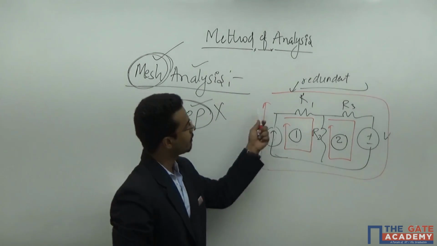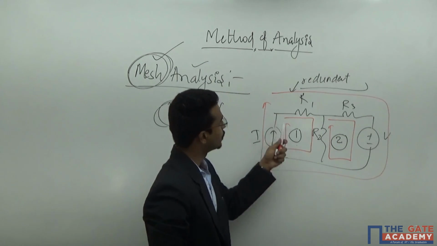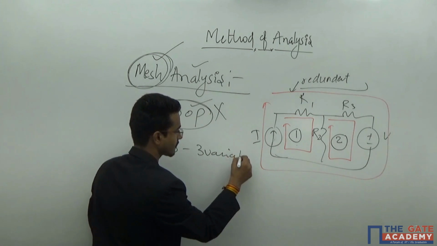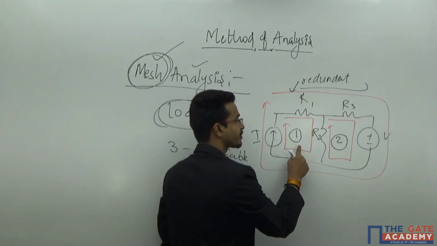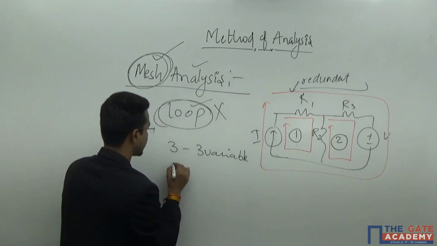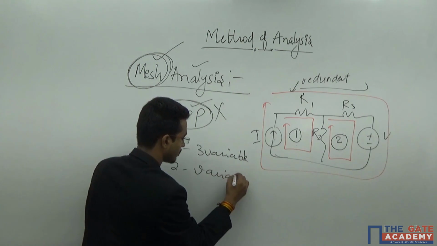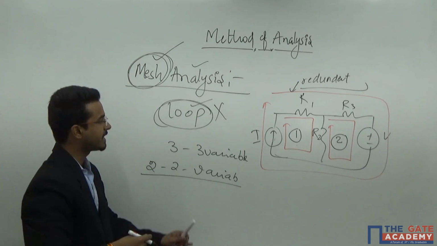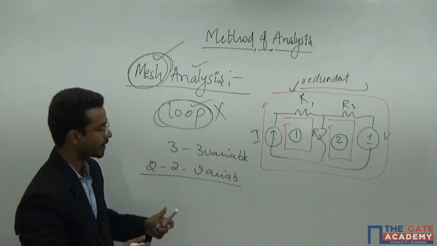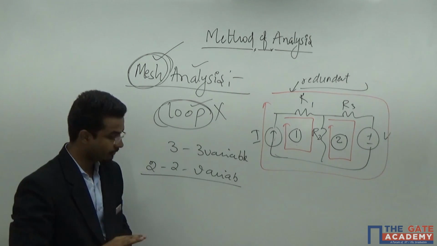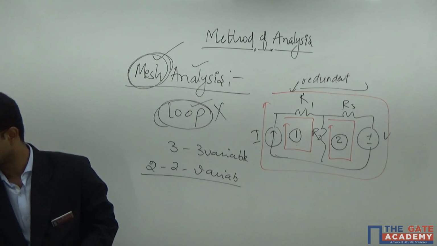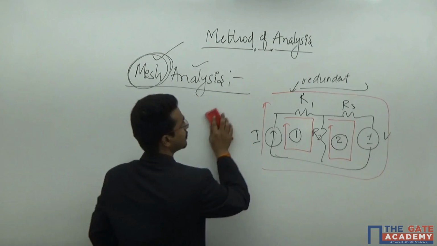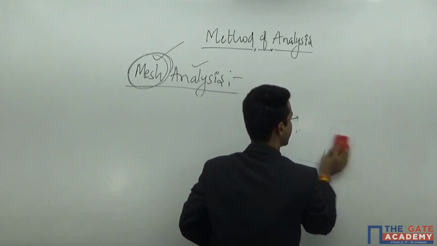Because here, if you write down the equations for the loops, you will get 3 equations of 3 variables. And whenever you write down the mesh equations, you will get only 2 variables, that is 2 equations of 2 variables. Now it seems like only 1 equation has been saved here. But sir, the thing will become more complex whenever you get a slightly more complex circuit. I am giving an example of how your situation can be worse.